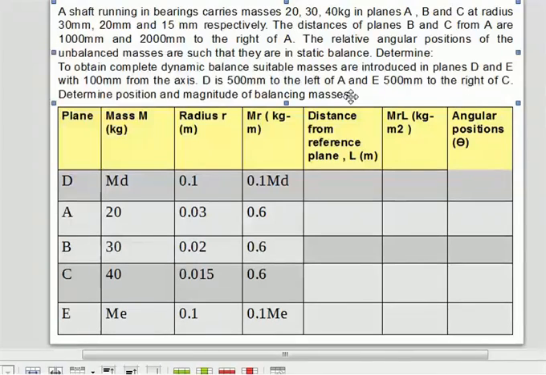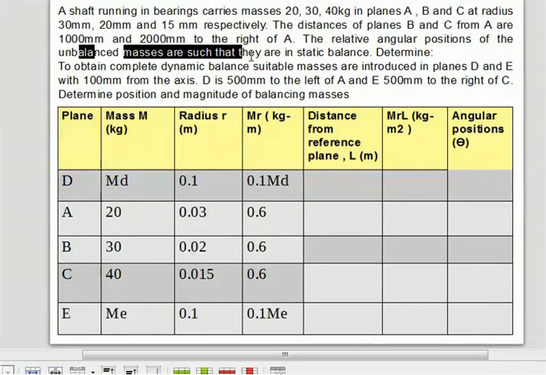Inclination of none of the masses are given. Therefore, you cannot construct the space diagram, you cannot construct the couple polygon or force polygon in this problem. And if you go through this question, there is one more statement: unbalanced masses are in static balance. So in these kinds of problems, if none of the theta values are given, and also the statement says unbalanced masses are in static balance,